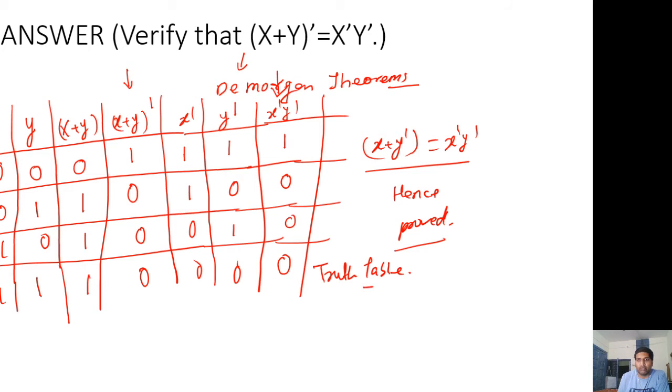And how do we find a truth table? First we have to find the total number of variables; here there are two variables, so write down the two variables and write all possible combinations of the input variables. Now, depending on the question, we have to find each and every term and proceed.